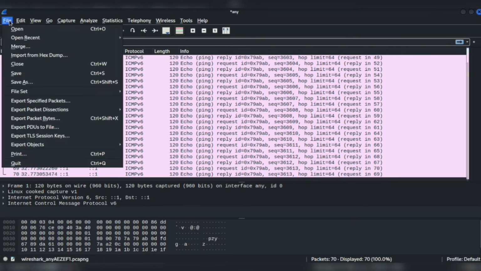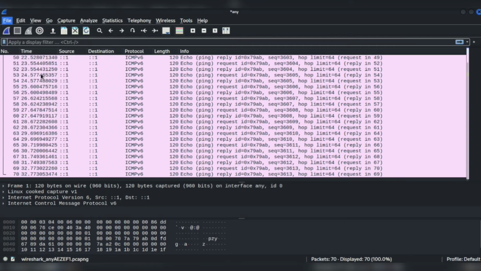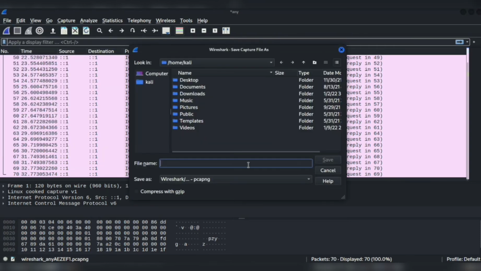After that, I go to the file field. Now I see the fields which are used for saving the file are clickable. For the general purpose of saving the file, you can use either of the two fields, save or save as. Let us suppose I click on the save field. Here you are given certain options for saving the file. First, you have to specify the file name. Let us suppose we give it the name Wireshark1.